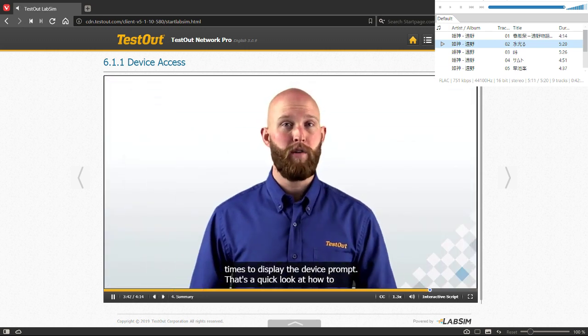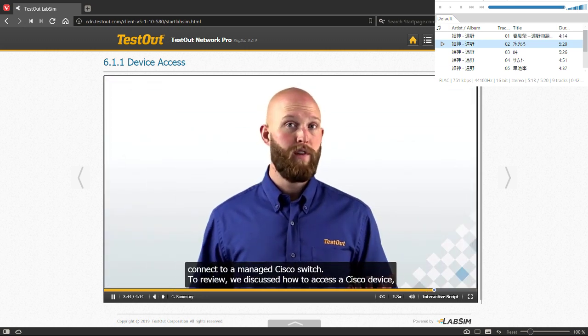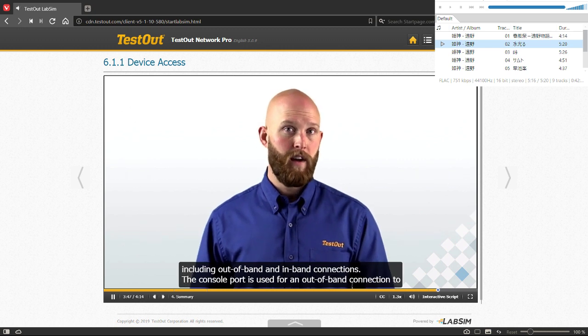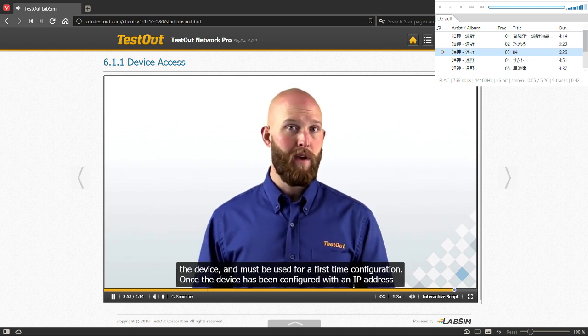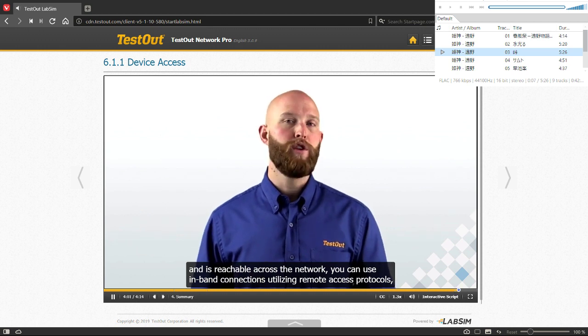So, that's a quick look at how to connect to a managed Cisco switch. To review, we discussed how to access a Cisco device, including out-of-band and in-band connections. The console port is used for an out-of-band connection to the device and is used for a first-time configuration. Once the device has been configured with an IP address and is reachable across the network, you can use in-band